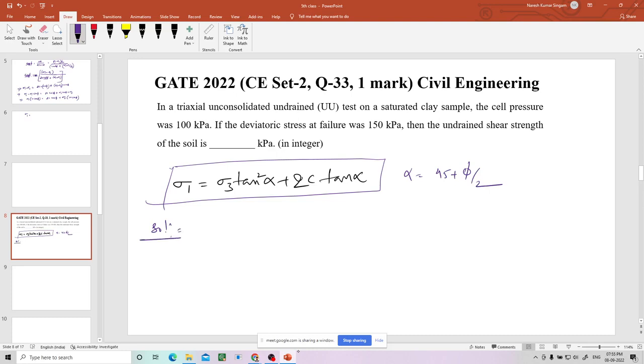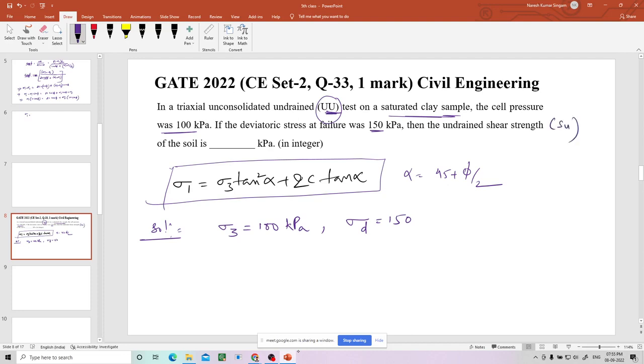Solution. So in a triaxial unconsolidated undrained test, UU test, you can read about what the different types of tests are. But anyway, now coming to the problem, you test a saturated clay sample, the cell pressure was 100 kPa. The cell pressure is denoted by sigma 3, which is 100 kPa. If the deviatoric stress at failure, sigma d, is 150, then the undrained shear strength of the soil is,